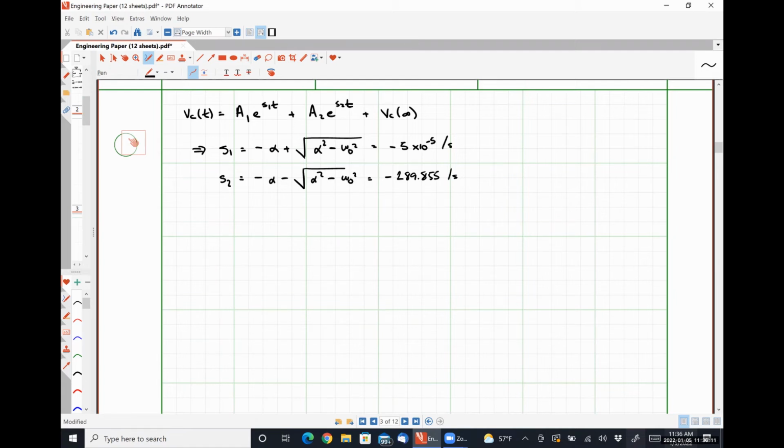S2 should always be much more negative than S1 because we're subtracting a quantity from negative alpha. S1 and S2 are the eigenvalues of our system, so they tell us how the different parts of our response exponentially decay. They'll pop up as portions of coefficients in a system of equations that we're forced to solve because we have an overdamped response. Okay. So with those two quantities out of the way,